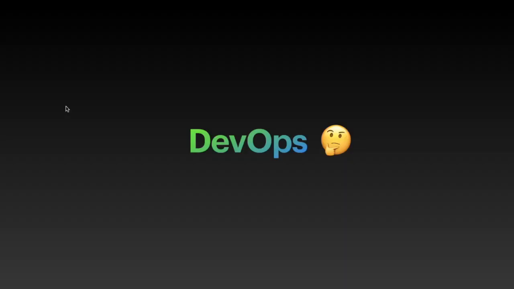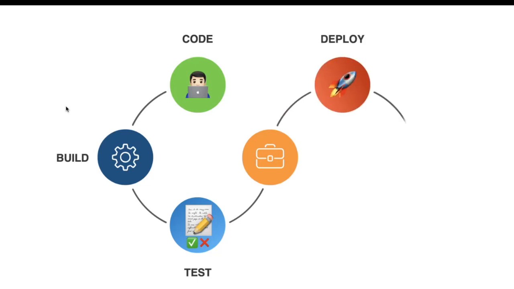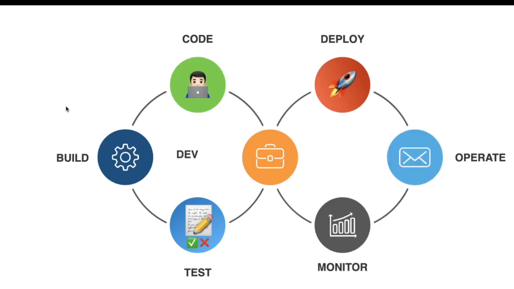So to avoid all these, we have DevOps, which will resolve all these problems. And what is DevOps? DevOps is a set of practices to code, build, test, deploy, operate, and monitor your application. It is a cyclic process where each stage is continuously going on, like build, test, and development in one circle, and deployment, monitoring, and operations in another circle. And each stage will have a feedback stage